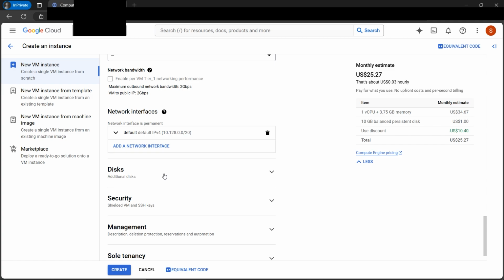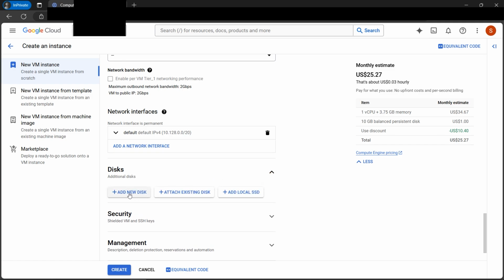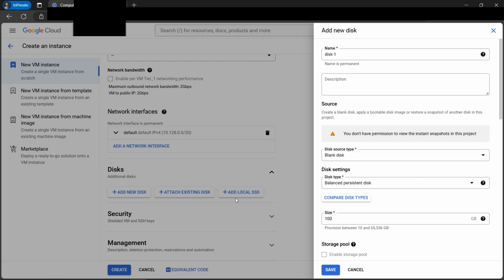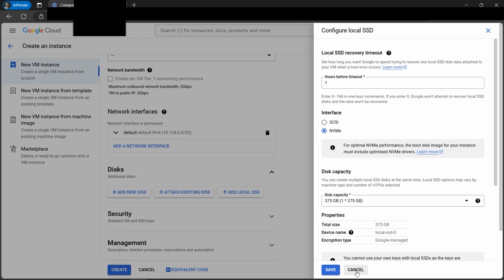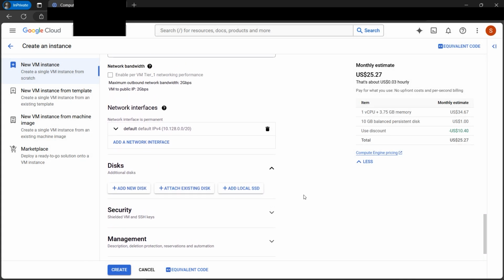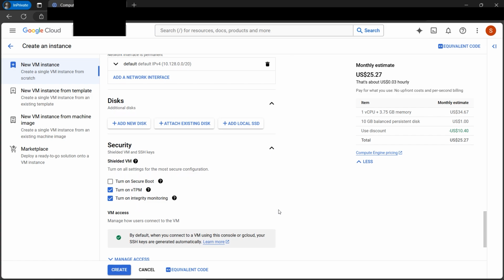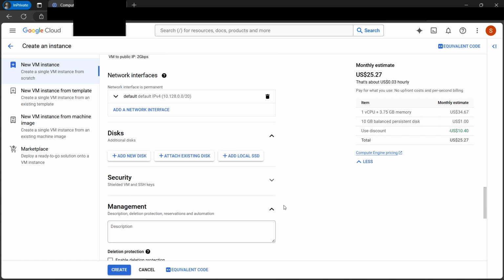Next, the important part is the disk option. We can additionally add more disks by clicking on add disk. Apart from the root volume, there are different sizes as well. Here we can attach SSD as well. So there are tons of parameters. Security, definitely there are also parameters to turn on monitoring, those kind of things. Under management,